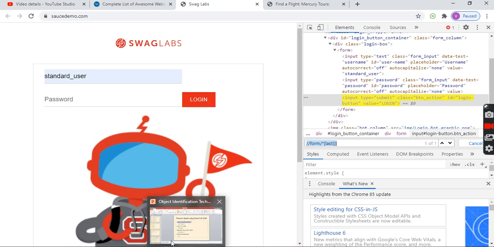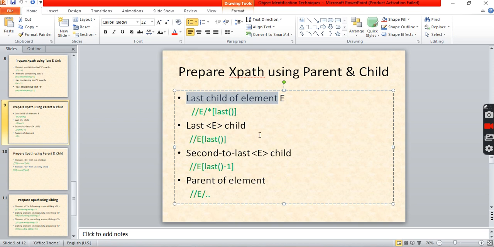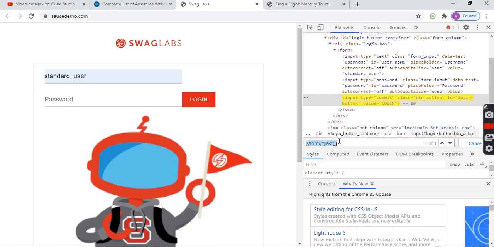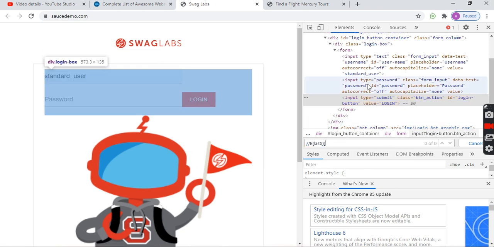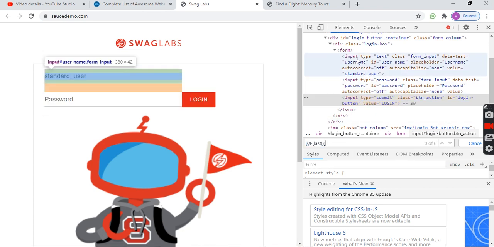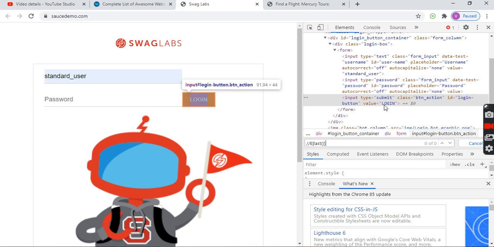What about the other technique? The other technique is last E child. What do you mean by last E child? This is the first child, the second child, the third child.